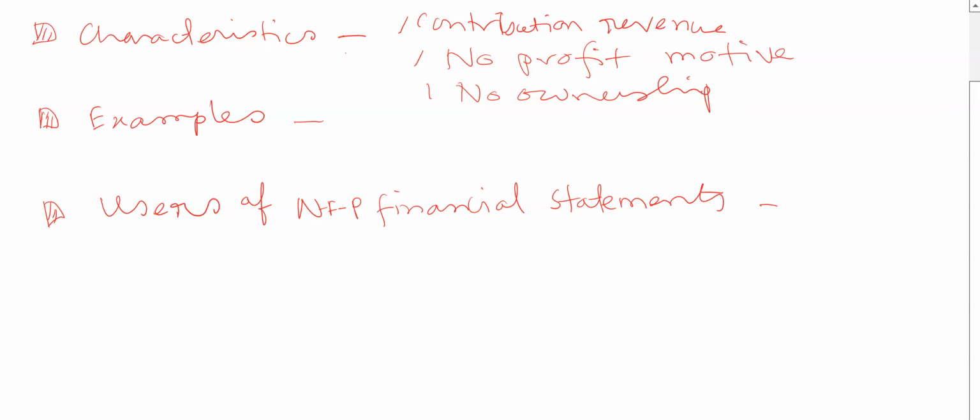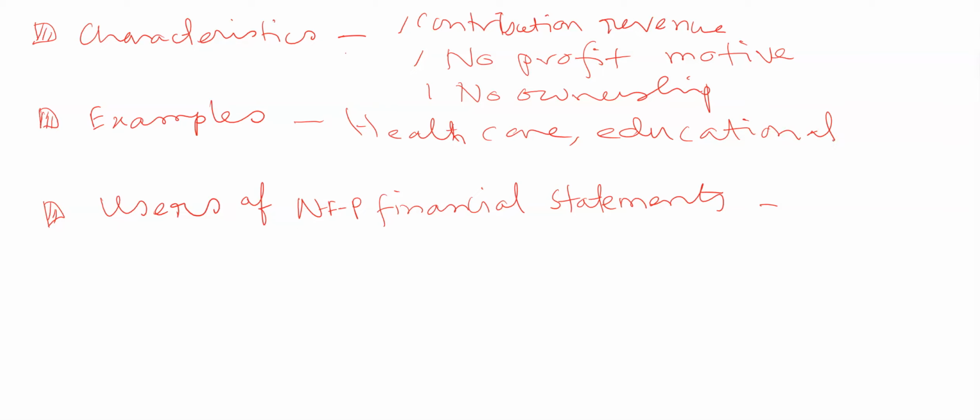Now, if I give you some examples of not-for-profit organizations, it could be mostly healthcare related, educational, or voluntary charity welfare organizations. So for healthcare, you will see several hospitals, nursing homes, hospices, or educational institutions. Mostly those are private, not-for-profit colleges and universities, such as Sacred Heart University, or you will also see some other charity organizations, for example the Red Cross or United Way, or some